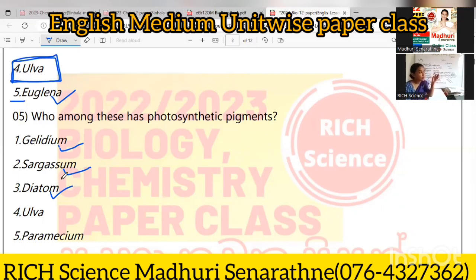Even though they are unicellular, they have photosynthetic pigments. That means they can act as primary producers, I think. Primary producers in some ecological systems. Diatom can perform photosynthesis. That means they contain photosynthetic pigments. Ulva is a chlorophyte, that means green algae. It has photosynthetic pigments. Paramecium, the nutrition mode of Paramecium is